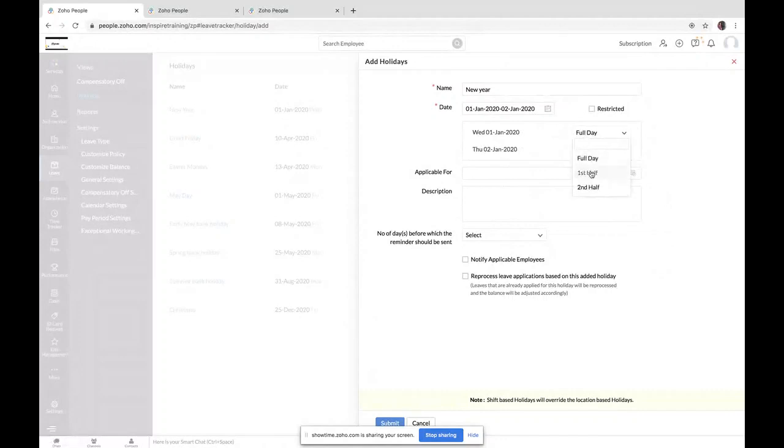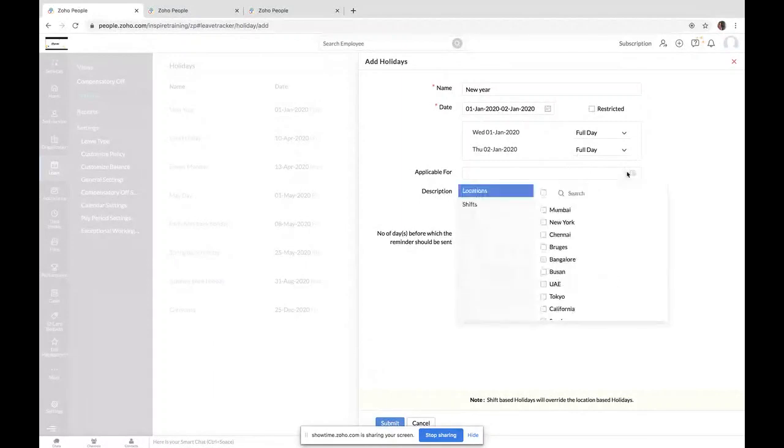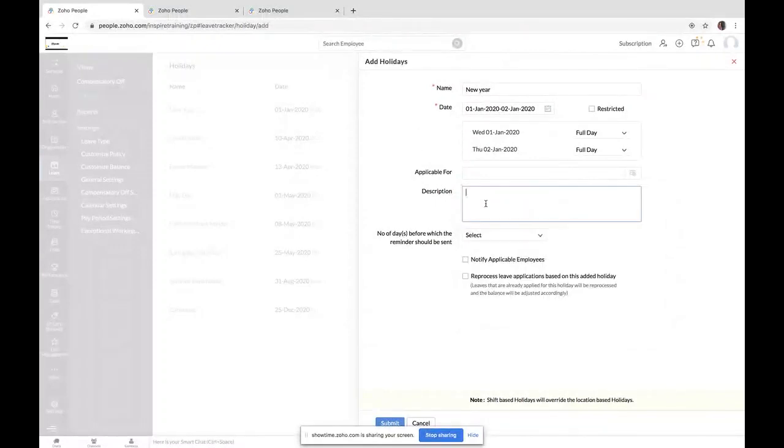Whether it is going to be a full day holiday or a particular half or a particular session of a day can be defined here, and whether this holiday is going to be a restricted holiday or optional holiday, which means the employees will have to request for this holiday and only then they'll be able to avail it. You can define the applicable locations or applicable shifts to which this holiday is applicable. If you have any description for that holiday, you can add it. If you wish to notify your employees, or if you wish to send any reminders before a certain number of days, you can define it here.